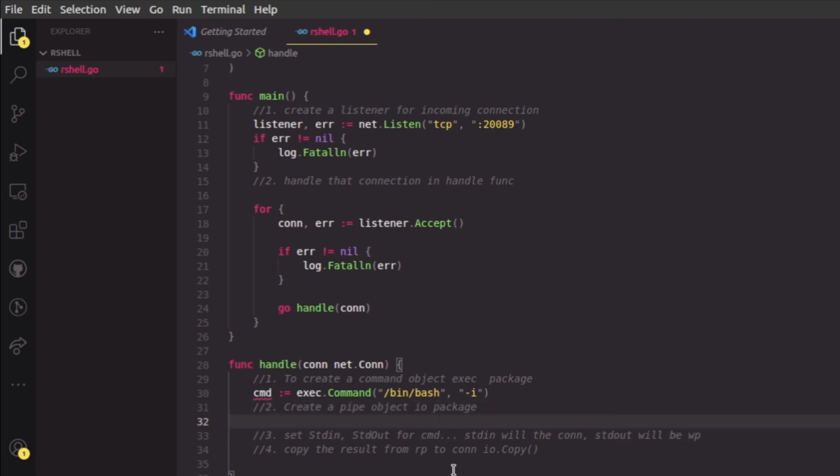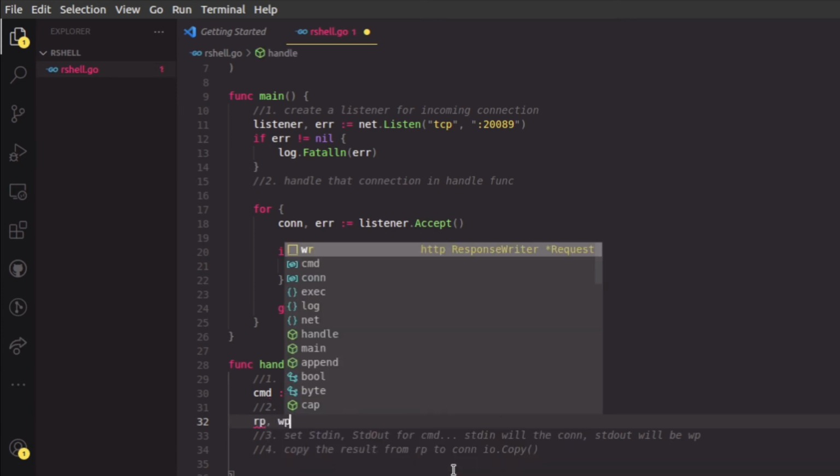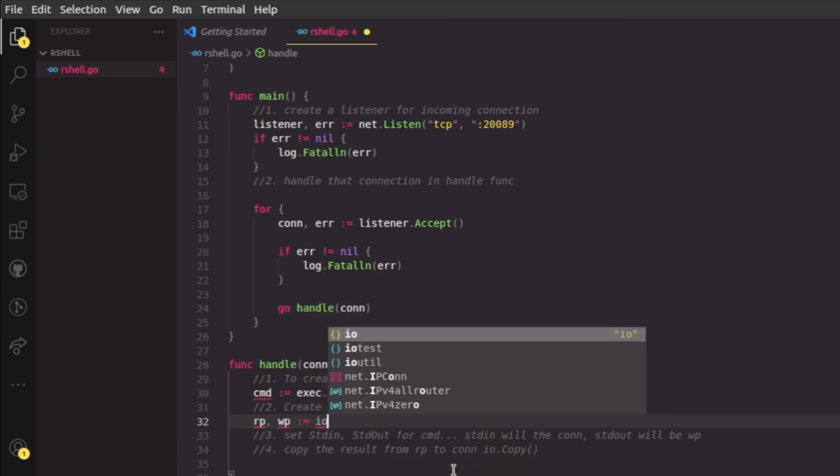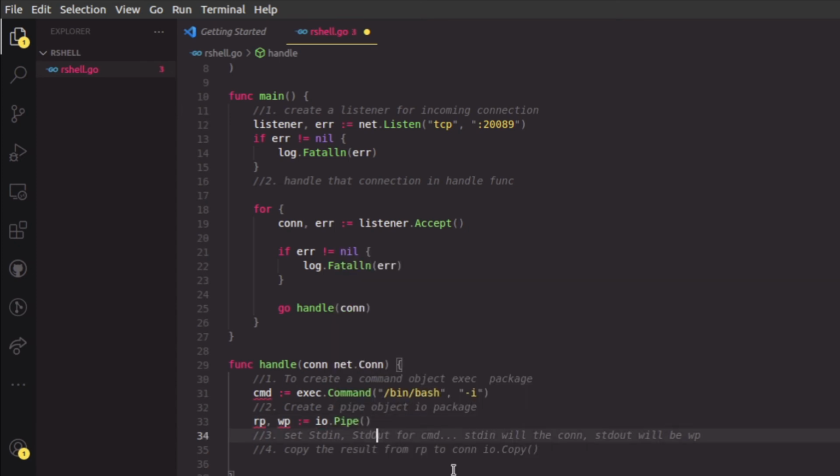Now let's turn to the second thing. Here we'll need two process objects, a read process and a write process, and we are going to get them from io.Pipe. So this is also done. Now we are going to set the standard in and standard out of the command object.